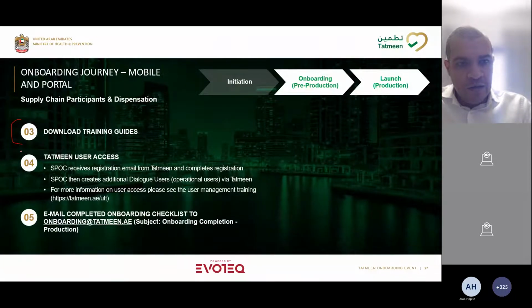The SPOC, the single point of contact, will create dialogue users. These are the mobile and portal users. We call them dialogue users. These are basically your colleagues, your operational colleagues. Then you submit a checklist, which we are preparing at the moment, to make sure that you have done everything you need to use the mobile and portal. Now,